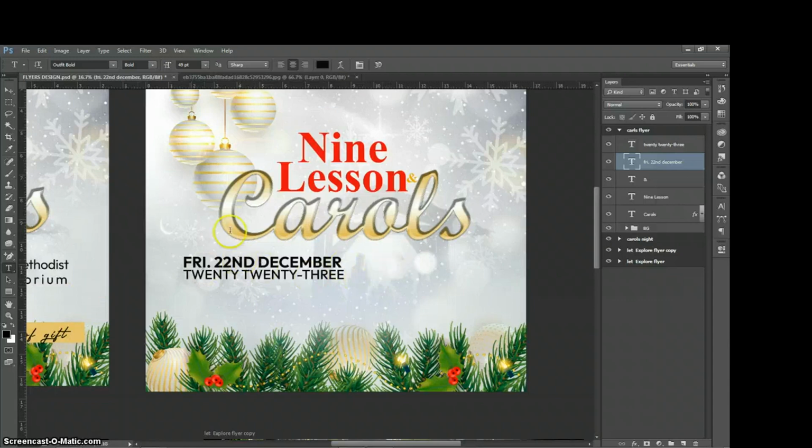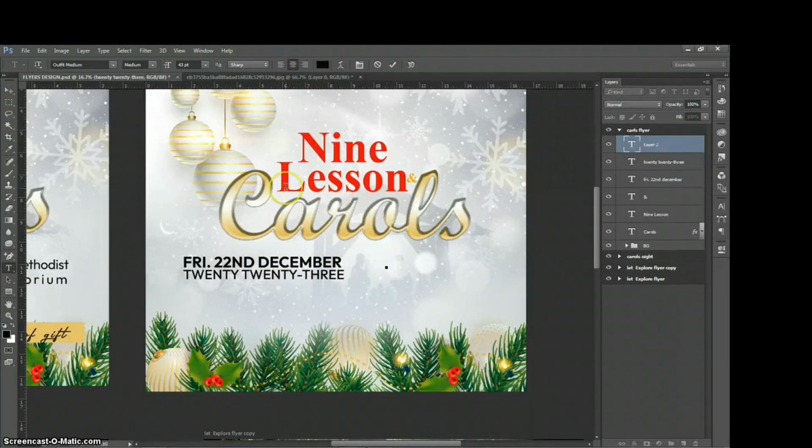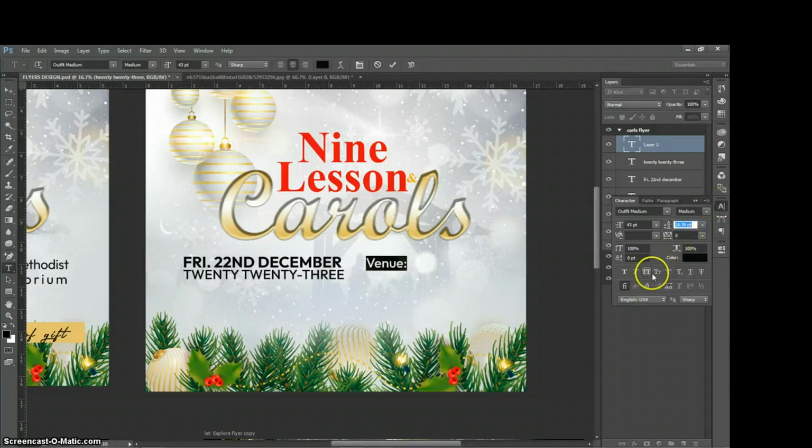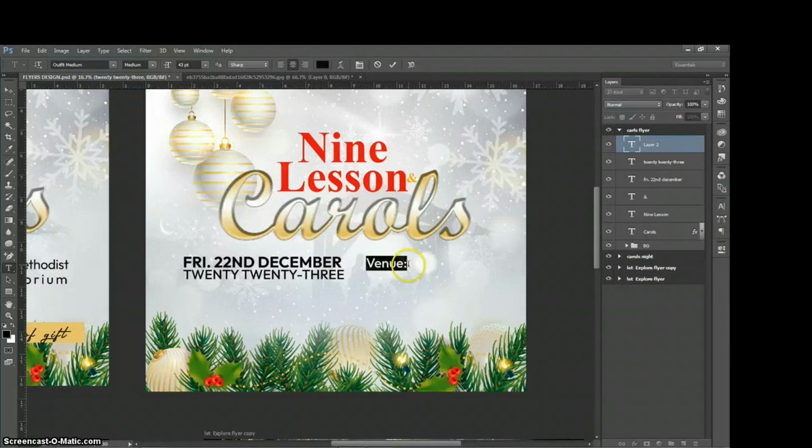So the next I'm going to do, I'm going to select this, E N U E. I'm going to select this and change from caps lock, something like this. Okay, so I type in